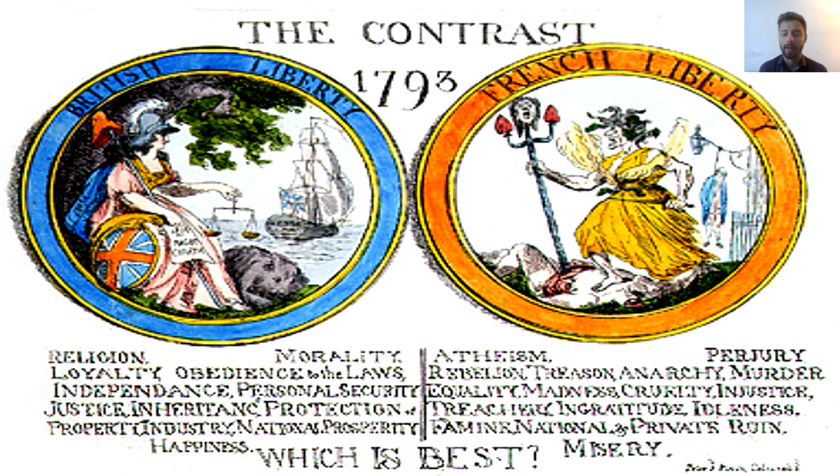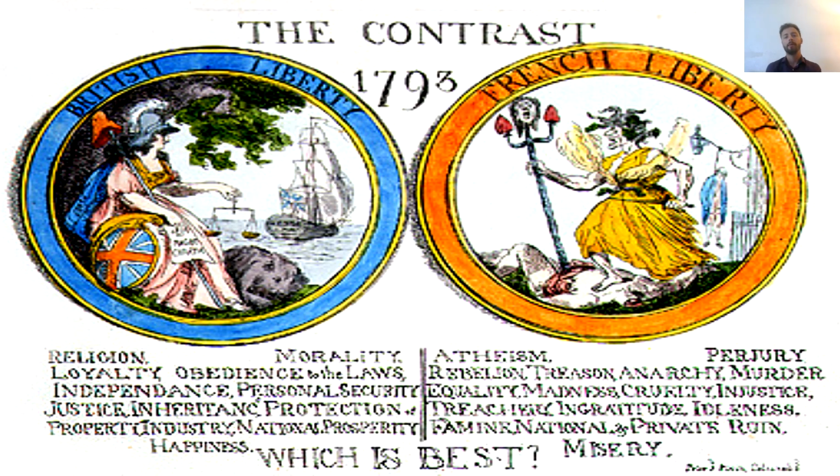There was a conflict between how we could even view liberty. Remember, it's the greatest freedom that is consistent with the freedom of others. But liberty, as we focused on in week 1, can be defined very differently based on the community and the origins of thought. We saw at the time British liberty being viewed as religious affiliation, loyalty, obedience to the law, independence, personal security, justice, inheritance. Remember that inheritance of past progress and generations, protection of property and industry, national prosperity and happiness,